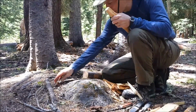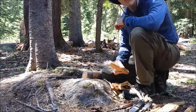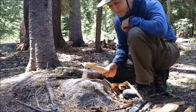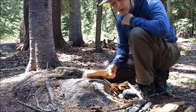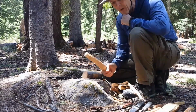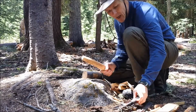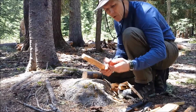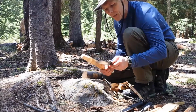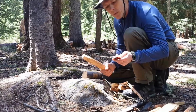So far, you know, getting on a decent rock, the Mora knife is pretty good. I think sometimes the handle transmits a lot of shock. Sometimes it's a little bit less shock. The Cold Steel Master Hunter is really good, and the Black Cloud knife is also better than I thought it would be. I thought the handle would be too hard because these other guys have some kind of rubberized handles or Kraton or something. This is just wood and steel, but the handle is done a lot better than I expected. Just, you know, don't expect too much